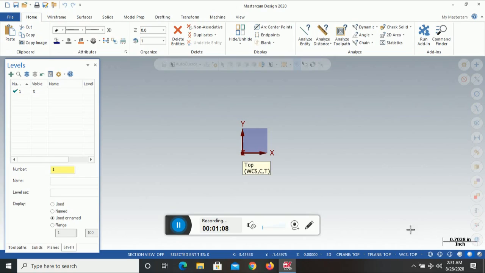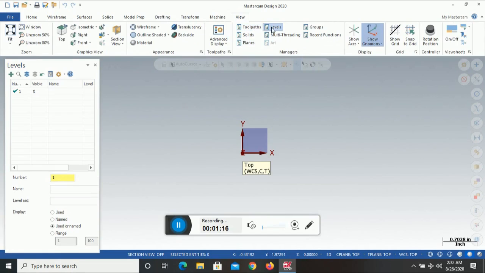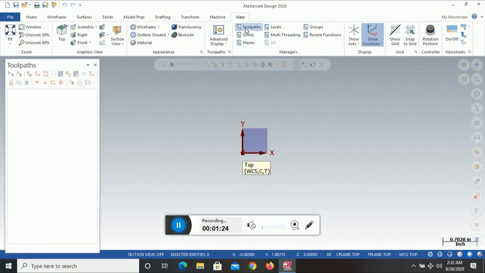Apart from this, there are many other things like this view pane. Initially your Mastercam may be in this orientation. If I click here on the toolpath, then the toolpath will come here. If I click on the solids, then solids will come here.